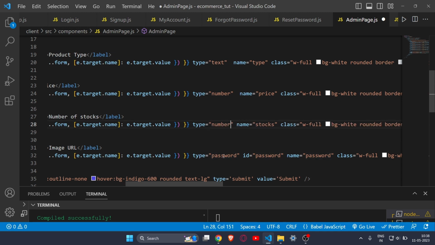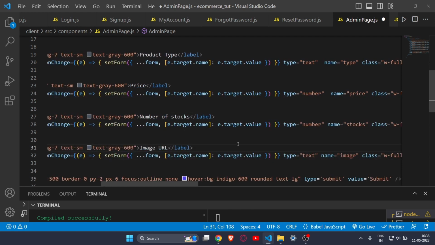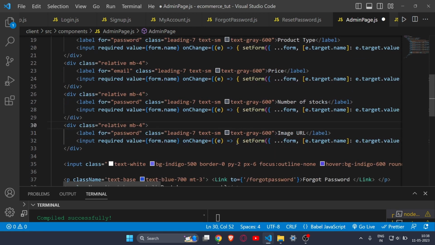Type will be number, image URL will be type text, remove the ID, and this will be image. So yeah, I guess now we are ready. Okay, so here after this image URL